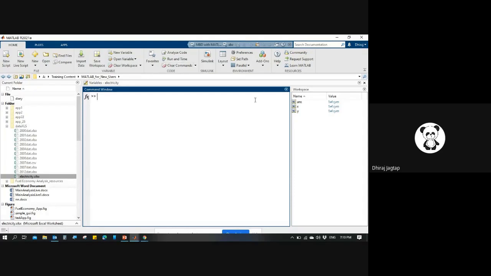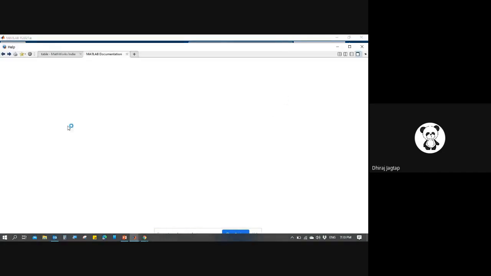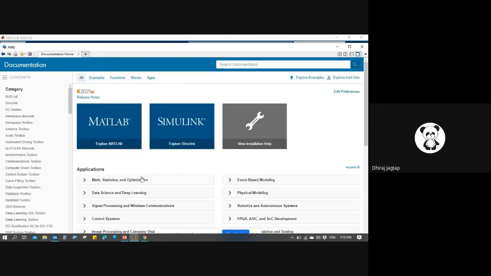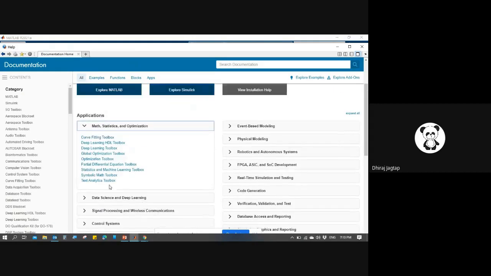I want to find out the different mathematical or statistical functions in MATLAB. So how can I find this? If I just click on this documentation, and we close this, and you see this application: math, statistics, optimization. If you click on this, for example, a Symbolic Math Toolbox